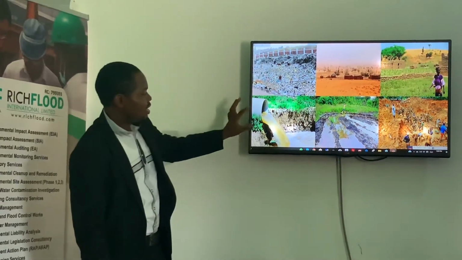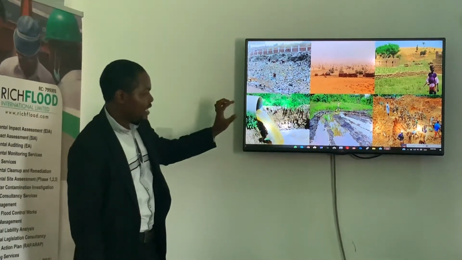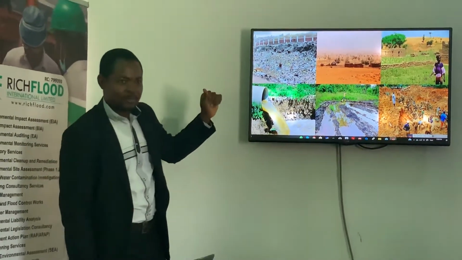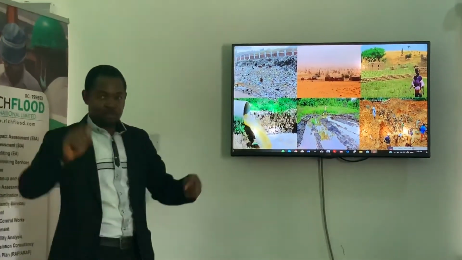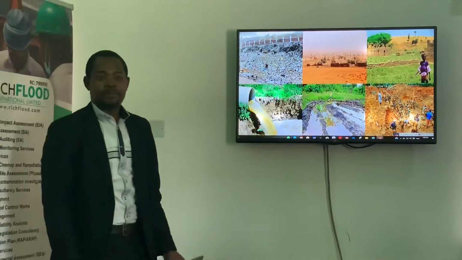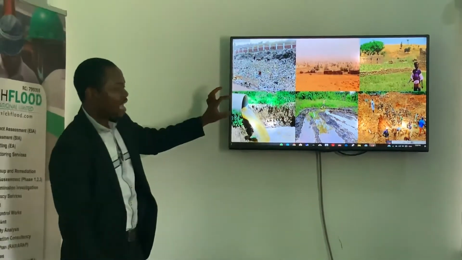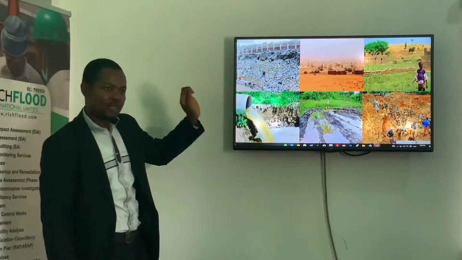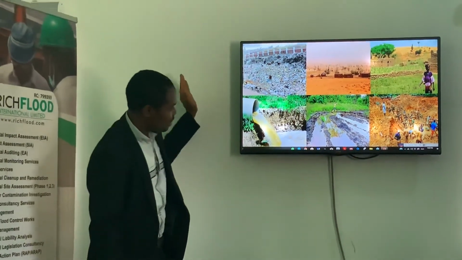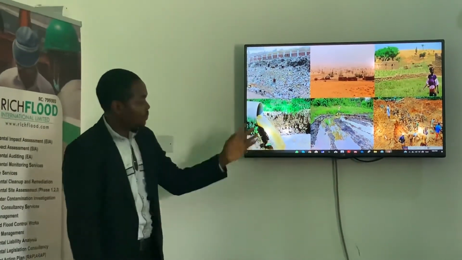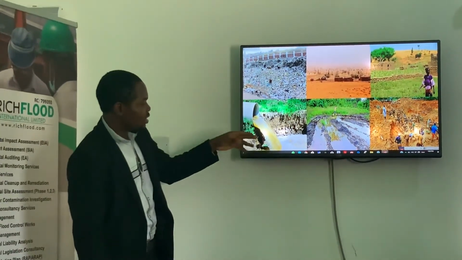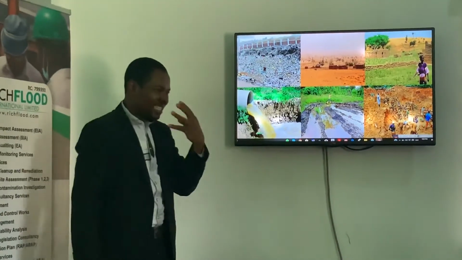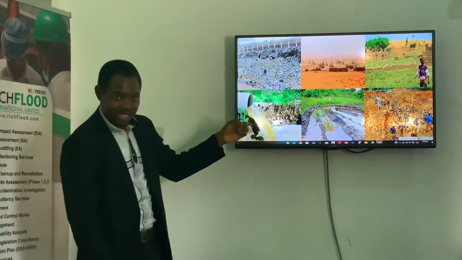Now, this is somewhere in Kano. The vegetable we're eating, this was where it's coming from. This was the water that was used to water the vegetable we're chopping. And this is from a hides and skin manufacturing company. Now, the water is just being emptied directly into a stream. And not only this, looking at the color is just nice, but the stench coming from this thing,